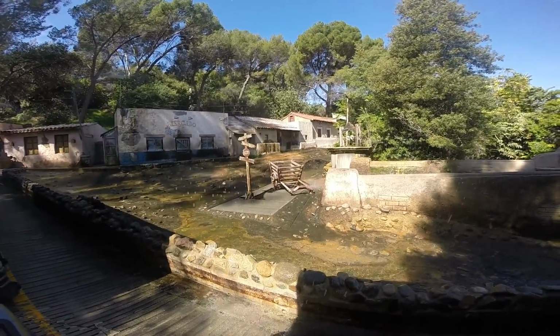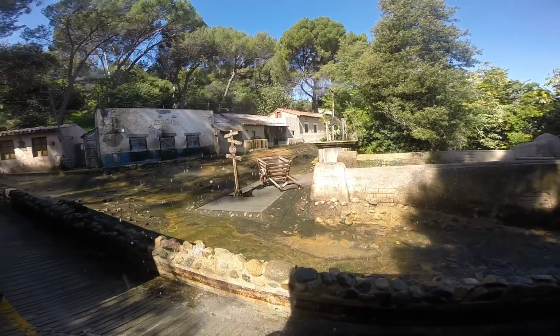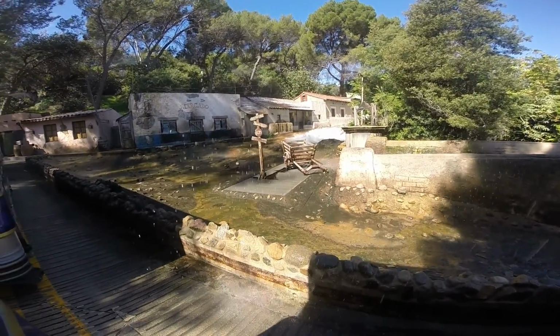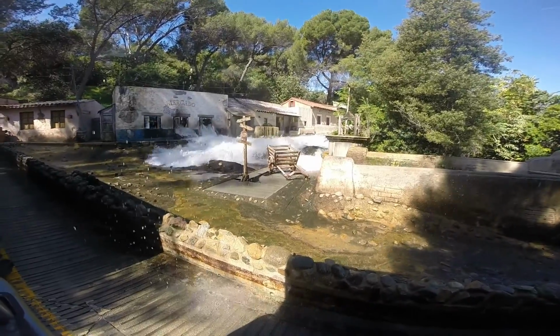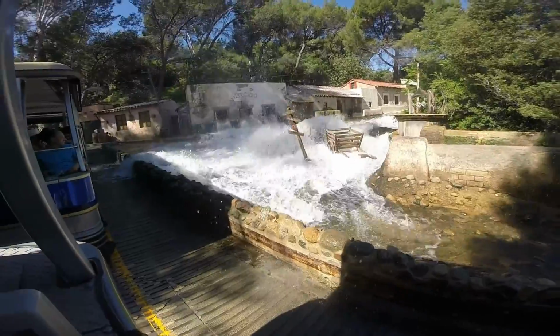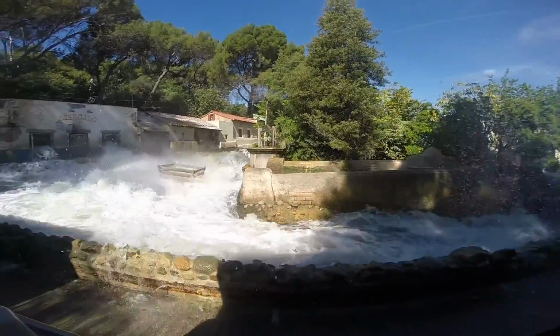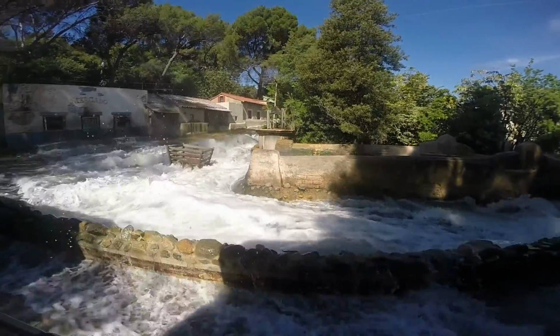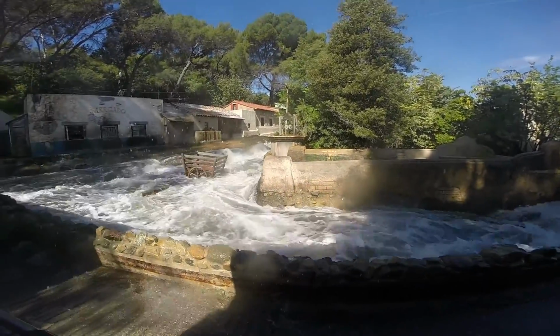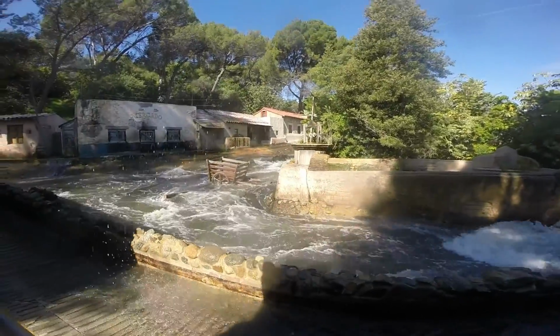Now, folks, I'm hearing a rumble, something that sounds a little more than thunder. Cars 3 and 4, you guys noticing anything back there that seems a little... Okay, yep, that's a flood. Take cover. It's coming this way, car one. Oh. Nice. So, folks, this effect is created by thousands of gallons of...